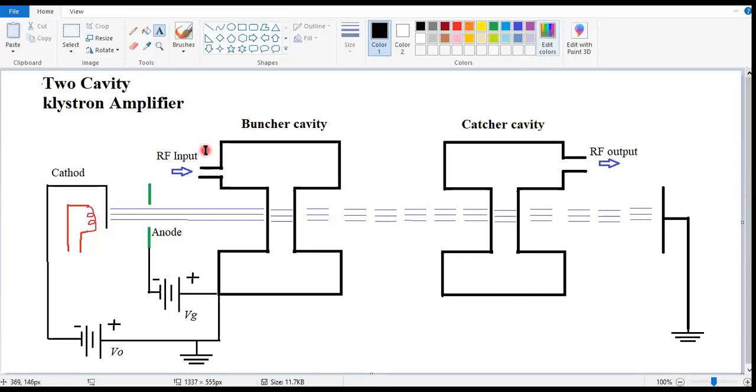Those electrons passing the first cavity at the zero of the gap voltage, or a single voltage, pass through with unchanged velocity. Those passing through the positive half cycle of the gap voltage undergo an increase in velocity. Those passing through the negative swing of the gap voltage undergo a decrease in velocity.